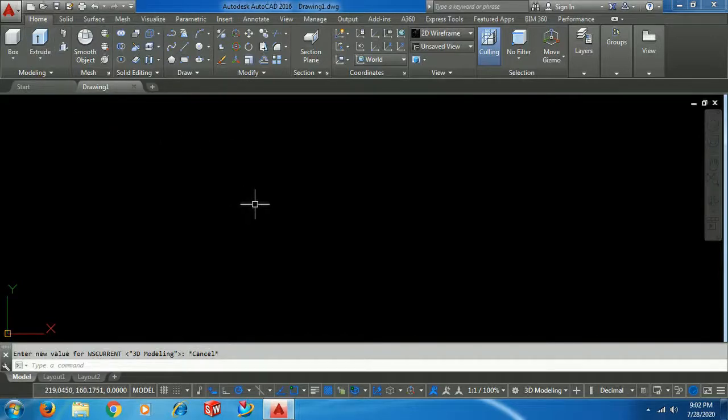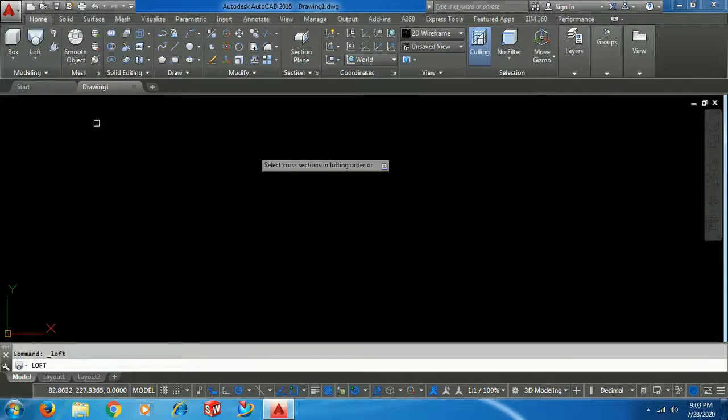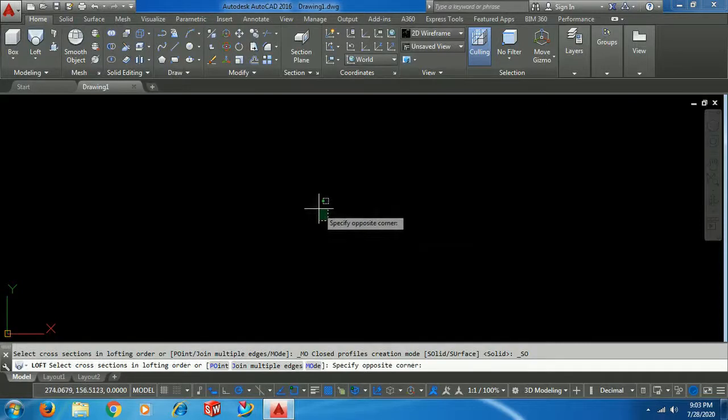To generate that type of feature, we use the command loft. For this, we need to select two or more sections and a path.